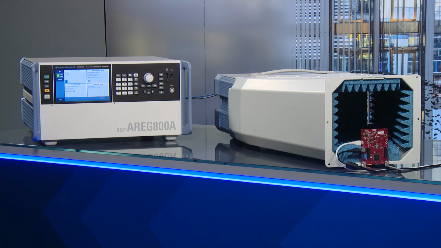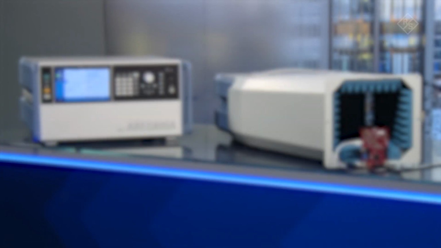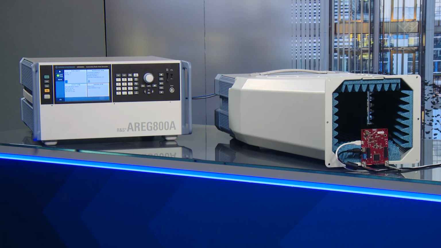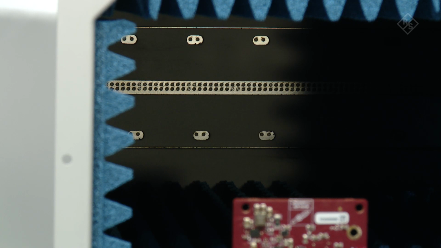Let us have a look at a working demo setup containing an AREG800A and a QAT100. A generic radar under test is used to display the simulated echoes. A more complex hardware-in-the-loop scenario, where the sensor data is compared to the simulated objects, is demonstrated later in the video. The QAT100, used as a front end, features up to 192 individual transmit antennas defining the direction of the